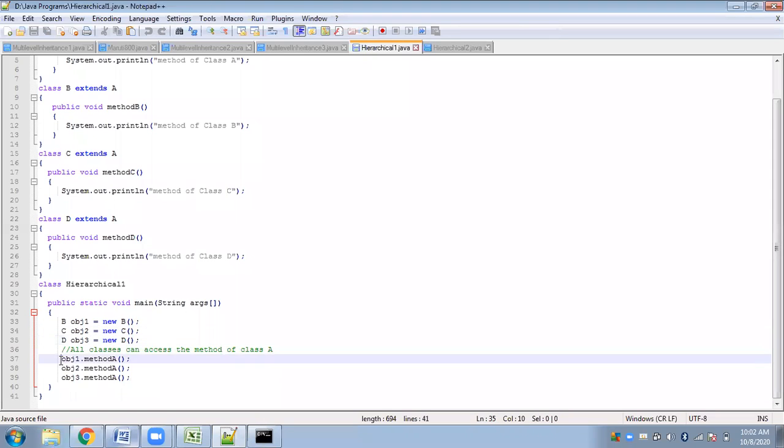Here we have simply shown how these three objects will invoke the method of class A.